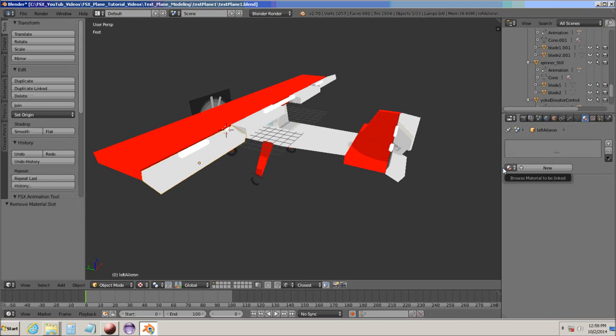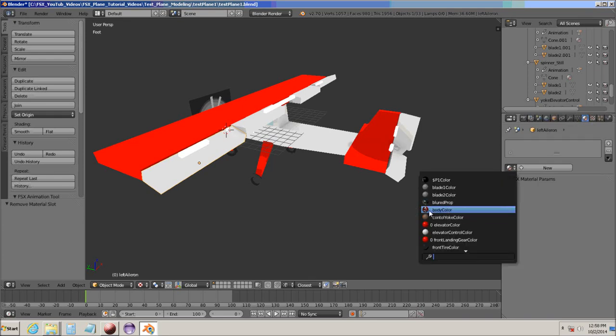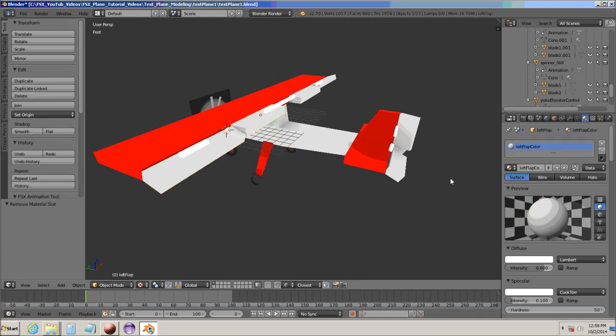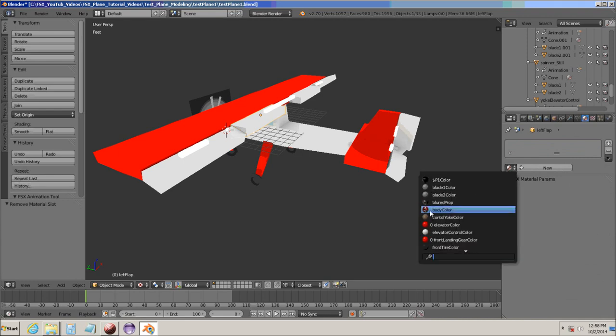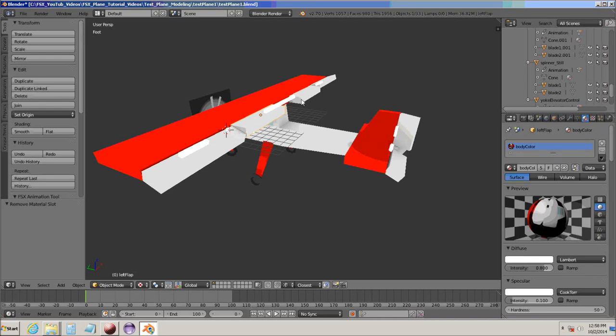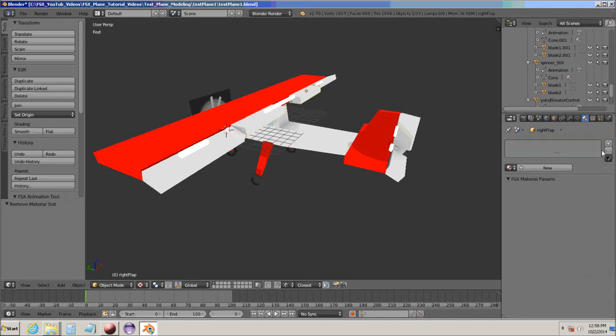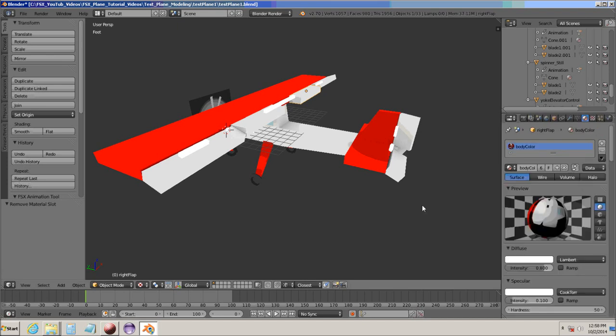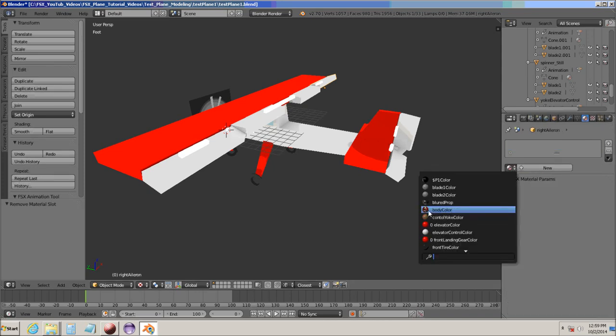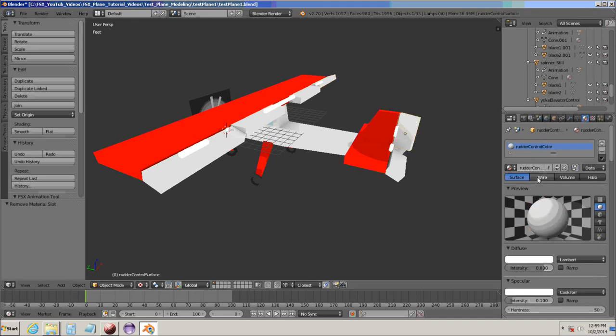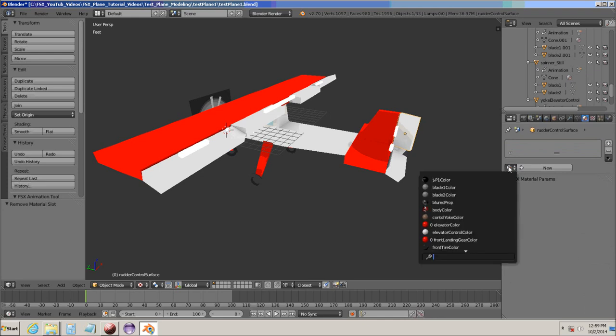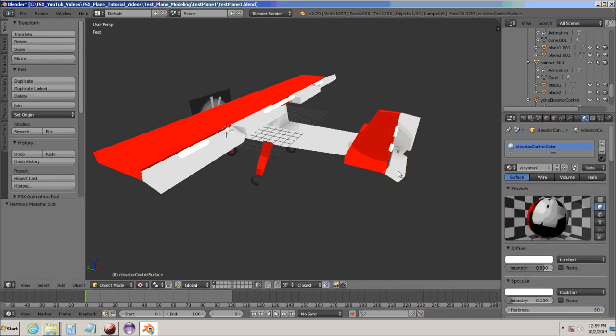We're going to go back and choose the body color, that's that one, choose the left flap, delete that one, choose body color, choose the right flap, delete that one, choose body color, choose the right aileron, delete that, choose body color, click on the rudder, delete, body color, click on the elevator, delete,